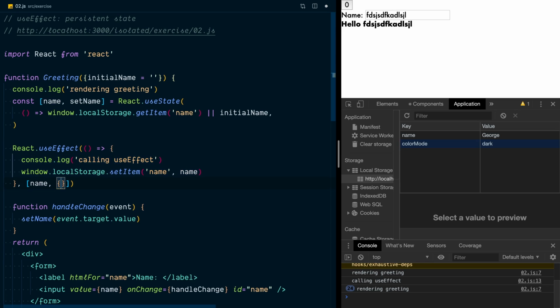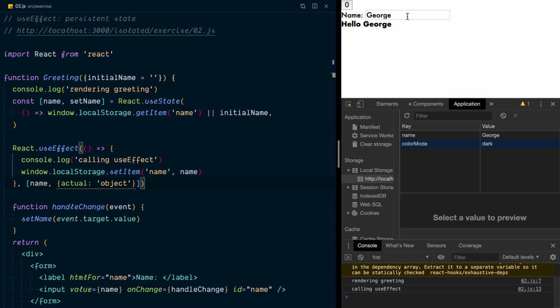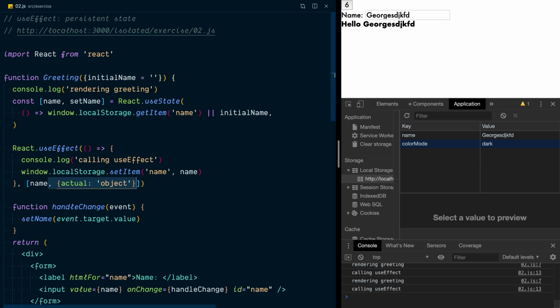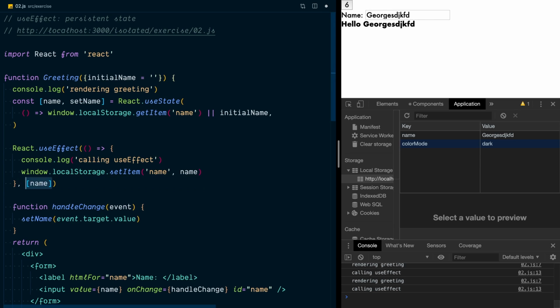So putting some sort of actual object in here, we're going to get an ESLint warning for that, basically because it's a complex expression and the ESLint plugin doesn't understand it. But this is going to trigger a useEffect every single time we get a re-render, which is not exactly our goal here. There are things that you can do to optimize away from that, but that's just something to keep in mind, that the values that you pass in here are compared basically as if you were to do a triple equals or Object.is, which is what